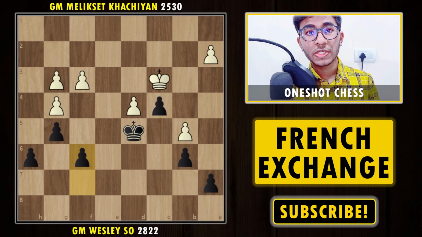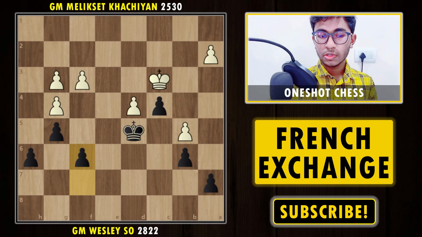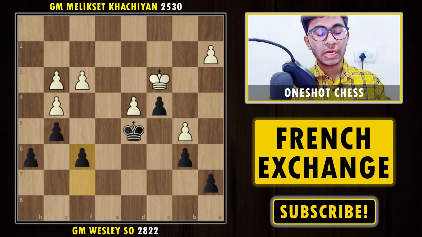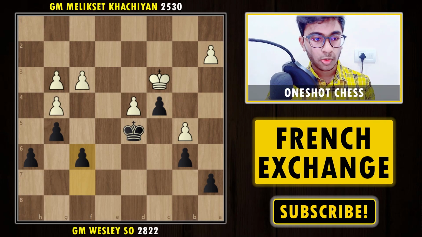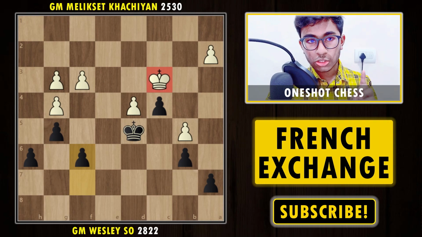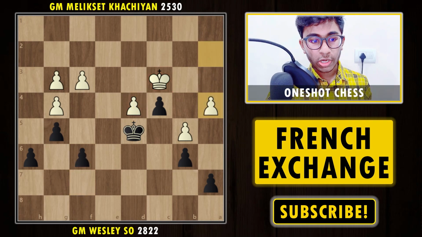Okay, so I think you must have had a great deep thought, and you must have come up with the move. First of all, before revealing the idea, or you can say the answer, I must tell you that white does not want to move the king because the pawn is hanging on d4. If you try to move the pawn,